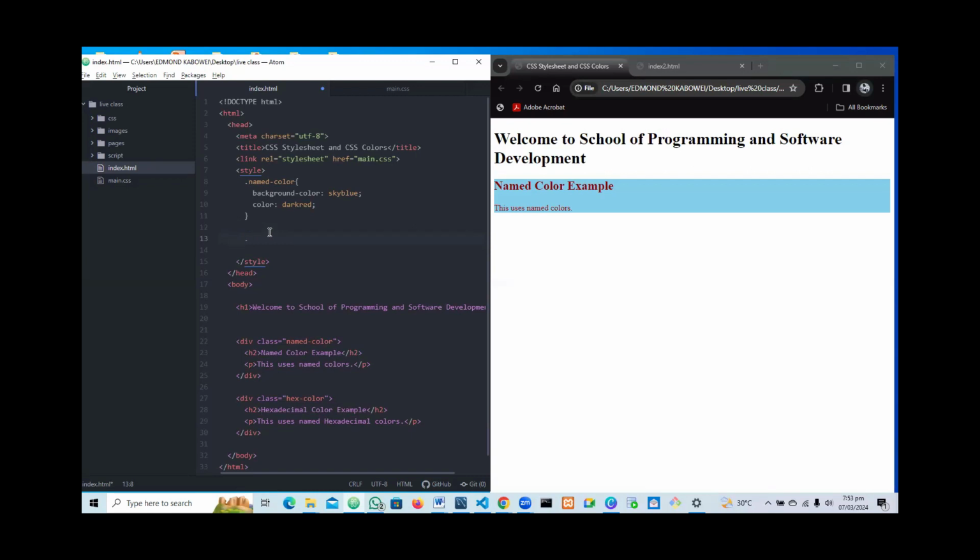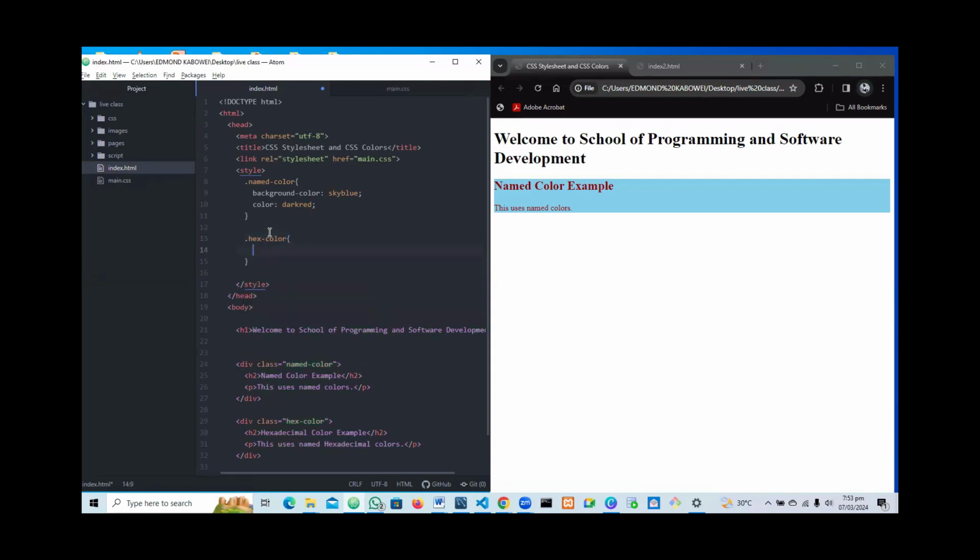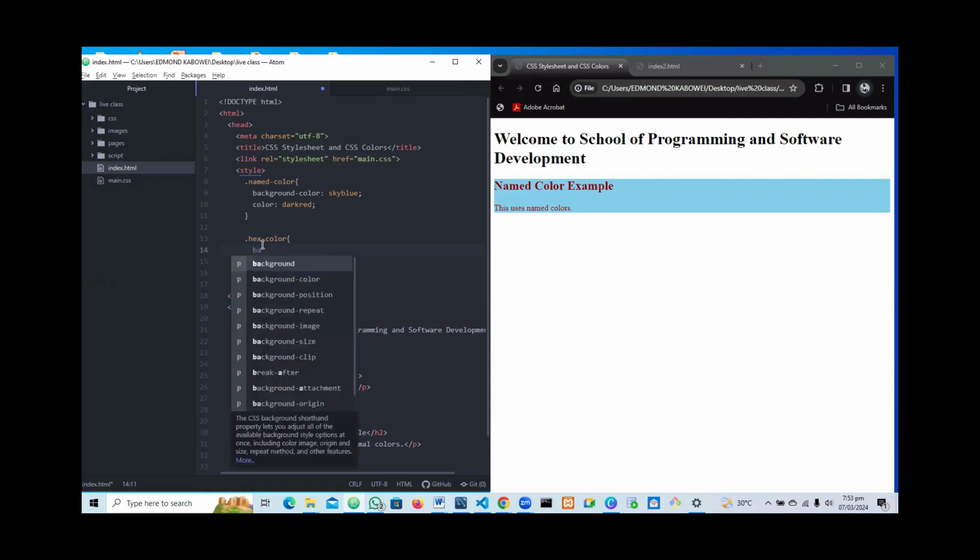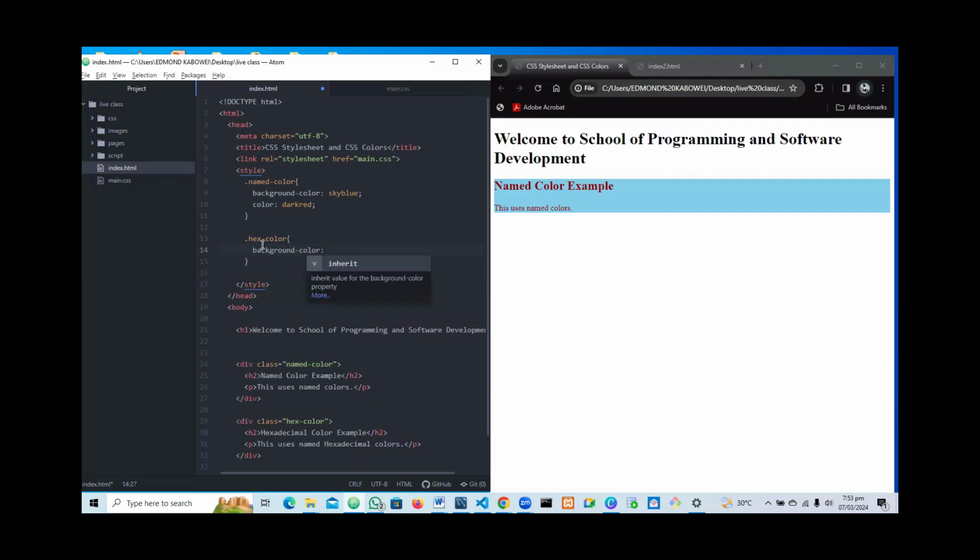And the name of the class we have there is hex color. We're going to apply styles in the pair of curly braces. Now let's give hexadecimal colors here, and we are going to also style the background color, and we're going to use the hexadecimal color